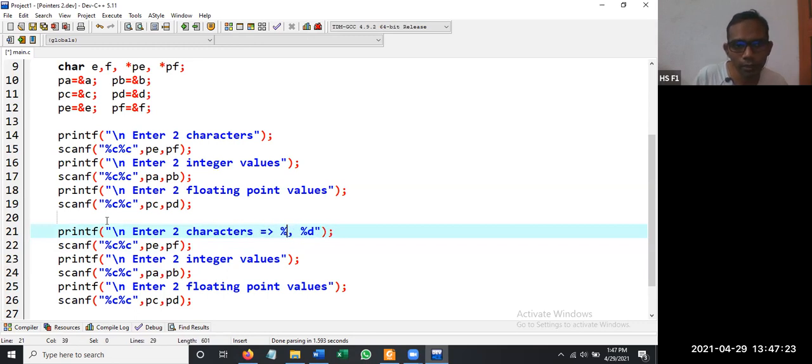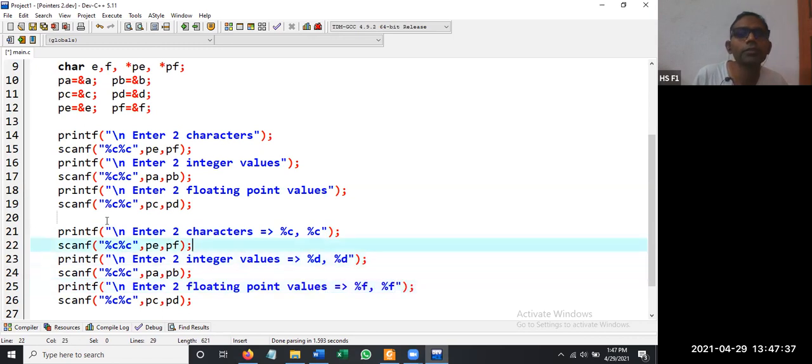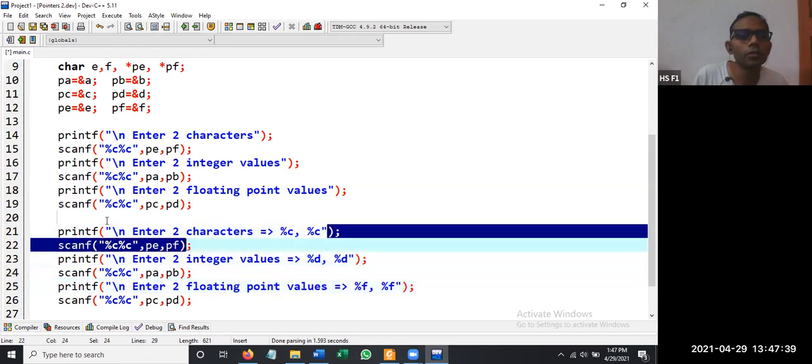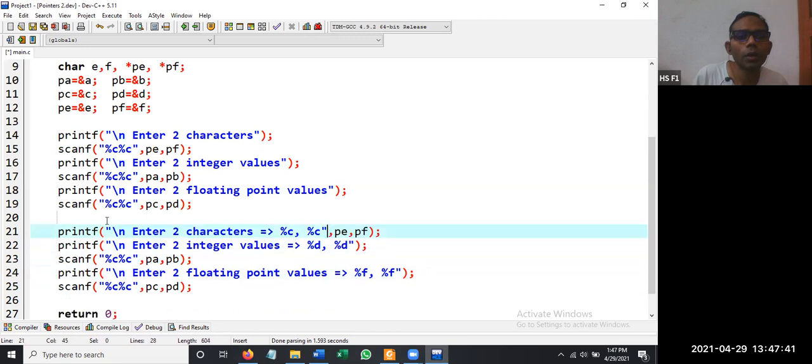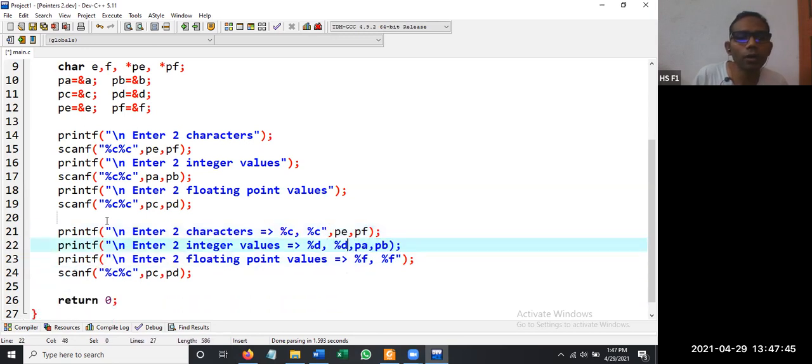Not D. Integer values, percentage D, floating point values, percentage F. Then let us change the code, comma.